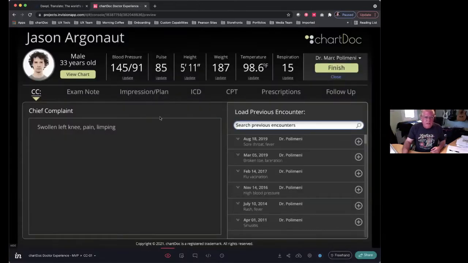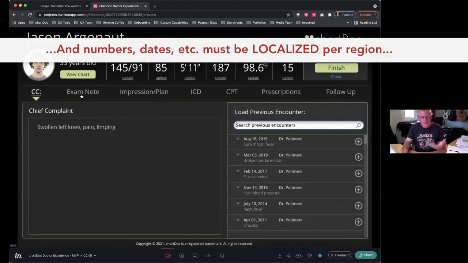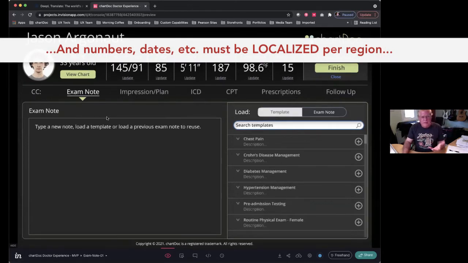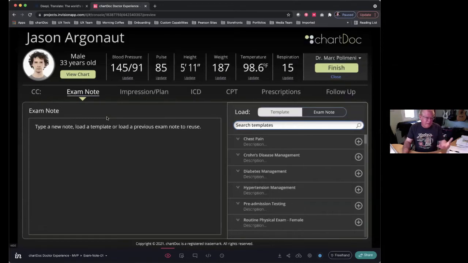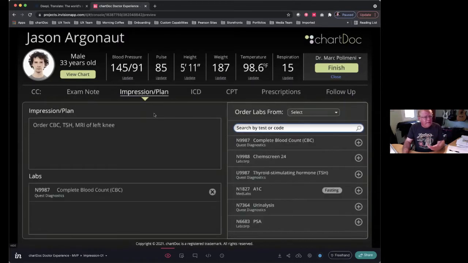Okay, so are you seeing my UI here? There are multiple tabs here, but as I started to go through and explain, you can't rely 100% on technology, because technology doesn't understand the context of a word or a statement or a sentence. When we tested this with doctors, they understood exactly what's under each of these tabs. So chief complaint, why is the patient in the room in the first place? Exam notes, this is the doctor's observation of that chief complaint. And then impression and plan is really the course of treatment for that patient.